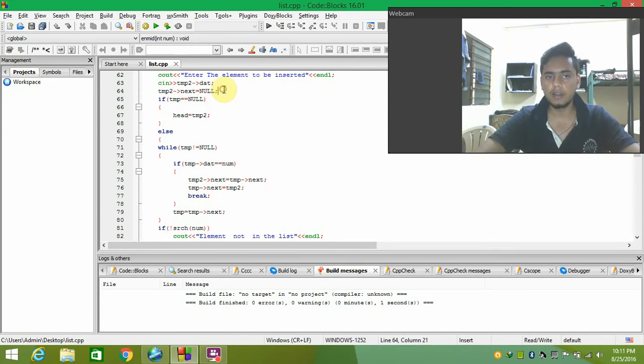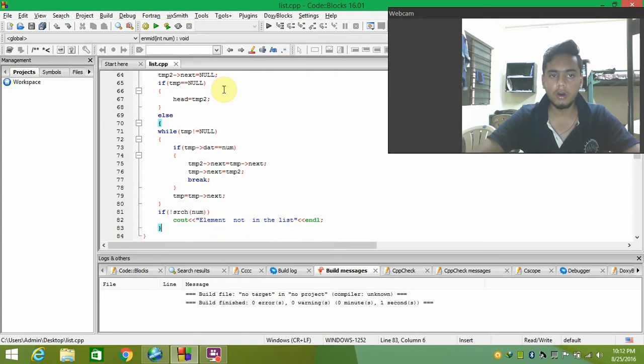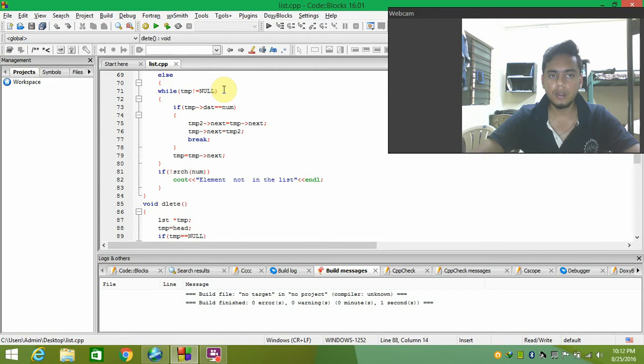Again that should also be assigned a null, because in that linked list itself we are going to insert some element, so that linked list should be null. So we are checking the condition. If it is null, directly head will be assigned to the newly created linked list, or it will check within the while loop